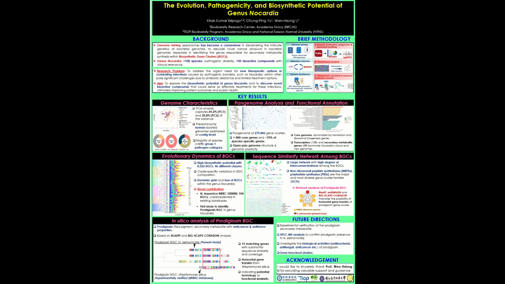Nocardia is a genus which comprises more than 1,000 species, known for its pathogenic diversity and ability to produce more than 50 bioactive compounds, which have clinical relevance. Due to the rising challenges posed by this pathogenic bacteria, including antibiotic resistance and limited treatment options, it is essential to explore their biosynthetic potential. Through this study, we aim to uncover novel bioactive compounds from the Nocardia genomes, which could serve as effective treatment